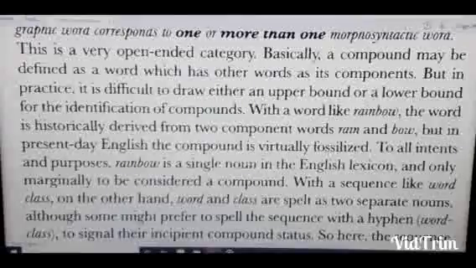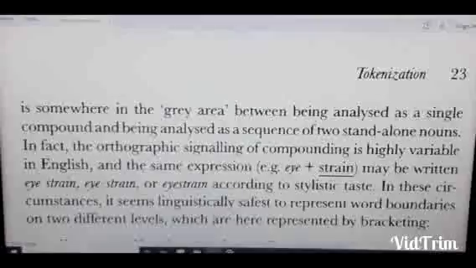With a sequence like word class, on the other hand, word and class are spelled as two separate forms, although some might prefer to spell the sequence with a hyphen, word-class, to signal their incipient compound status. So here the sequence is somewhere in the gray area between being analyzed as a single compound and being analyzed as a sequence of two standalone nouns. In fact, the orthographic signaling of the compound is highly variable in English, and the same expression,